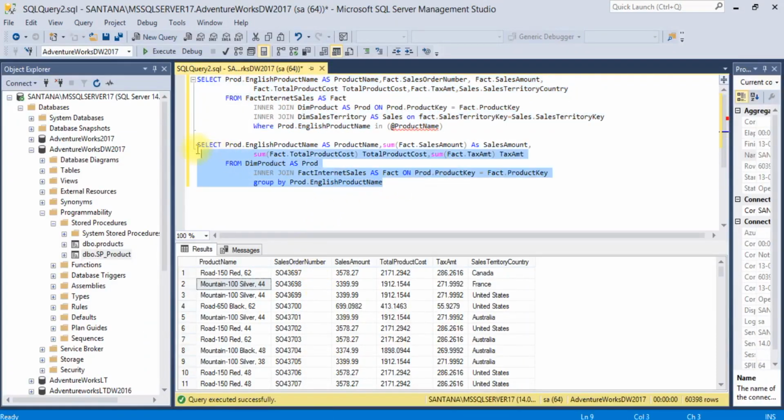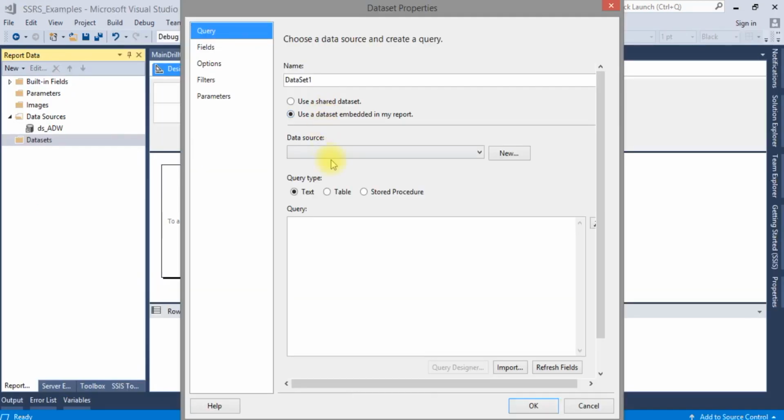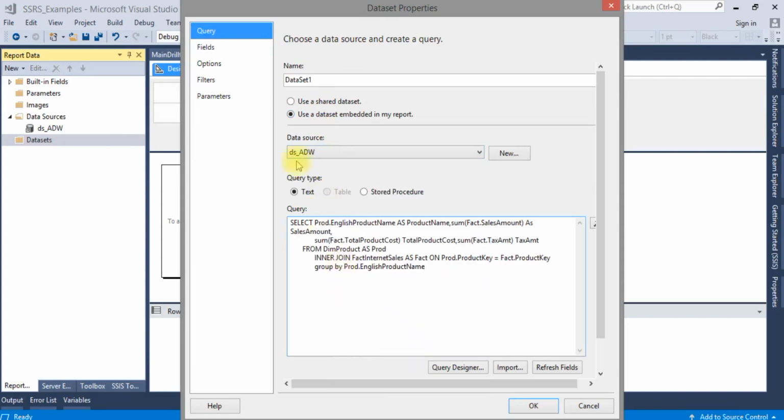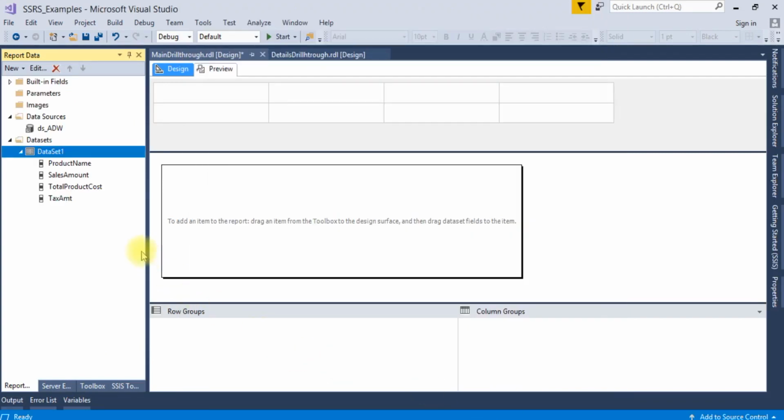What this dataset is doing is the summation by product name, and I just made a group by of the sales amount, product cost, and tax amount. Let me paste it. All the field values are coming correctly.